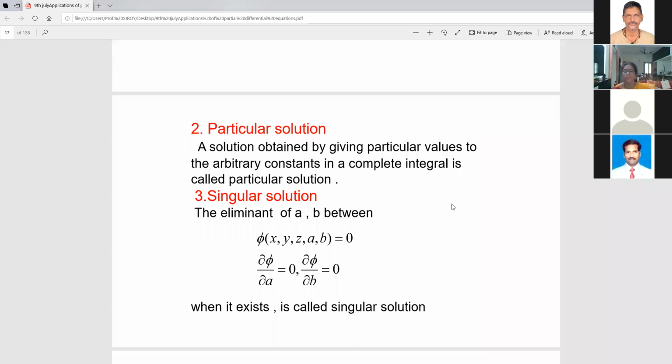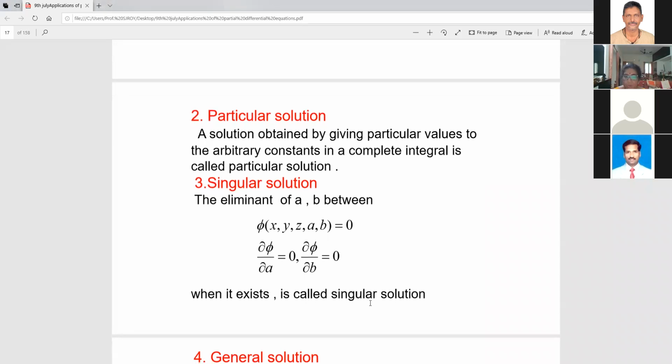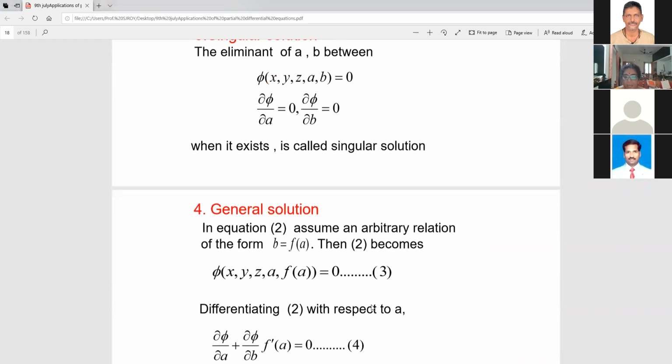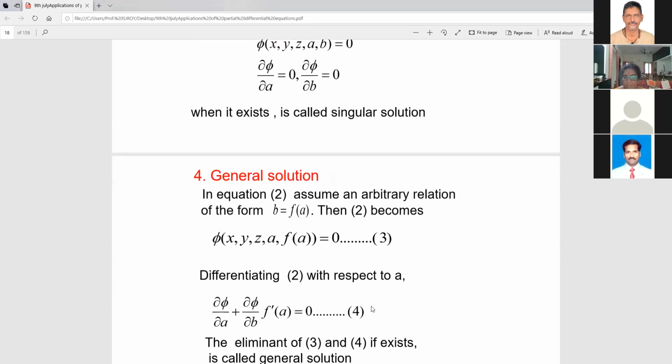Sorry. So let me continue. If you give some particular values for this, you will get a particular solution for the complete integral, I mean. Next, let us discuss the singular solution. If you have a two-parametric family of surfaces and you eliminate these two constants, we get the envelope. That is nothing but your singular solution. So we get the singular solution by eliminating A and B, fine. And next, let us go to the general solution. The general solution we will not be doing in the class, but let us have it for our understanding.